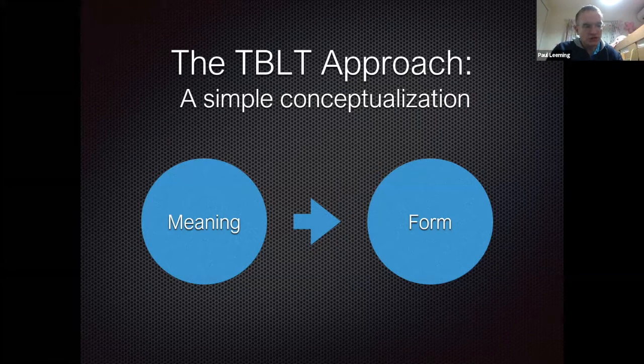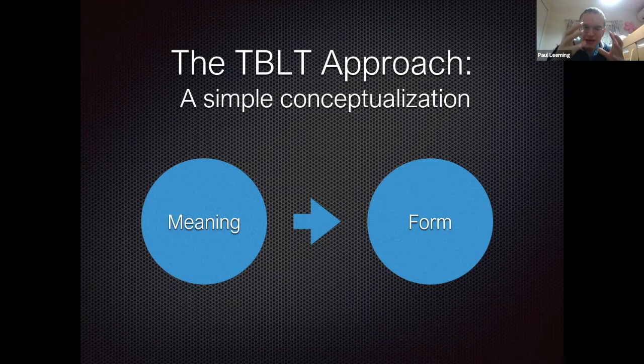So in the traditional, this is a pen example, you're focusing very much on the meaning of each of those words, not the conceptual idea of when you would actually say this is a pen. So it's very much a focus on form, and TBLT is very much this focus on meaning.